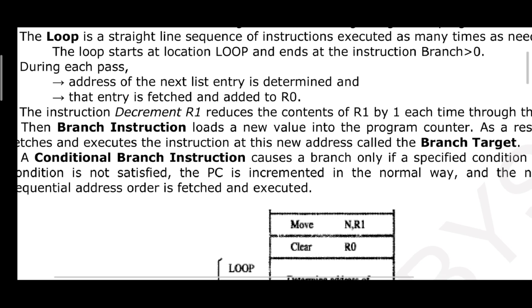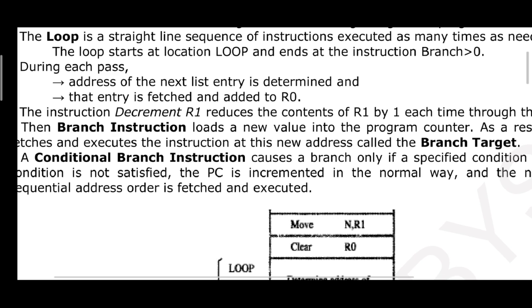You have decremented, since you have accessed one from the list. That's why each time you are supposed to do that. Next time 9 numbers will be there. Out of that you are accessing the first entry from the list. After accessing it, how many more will be remaining? 9 minus 1, 8 numbers will be remaining.